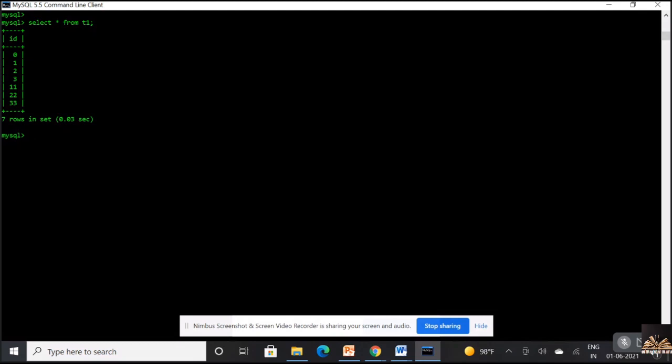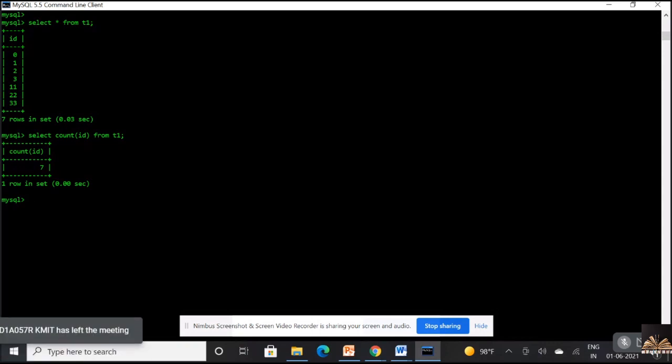So I just want to find out how many rows are existing in that particular table. So select count of ID from T1. See, it is giving you 7 because 0 is not equal to null. 0 is also taken as a value.